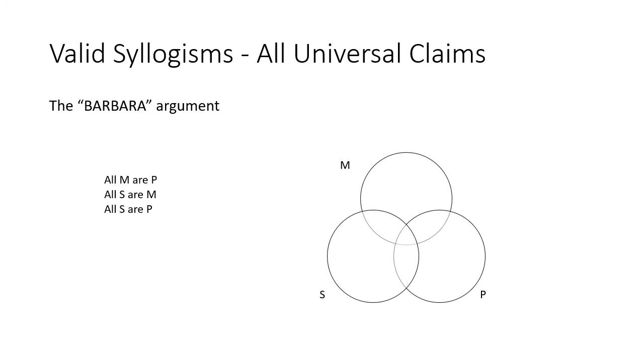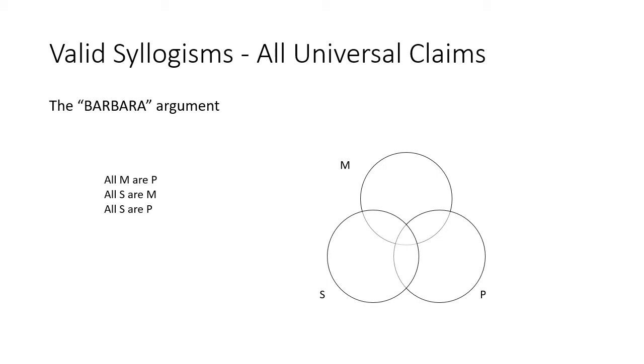Okay, so we're going to start with valid syllogisms that have all universal claims. There are two situations where you could potentially get a valid argument. One is where everything is a universal. The other is where you have one premise that's universal and another premise that is a particular and a conclusion that is particular. We'll do those after this. But to start, there are 5 forms, valid forms that are all universal, and only one